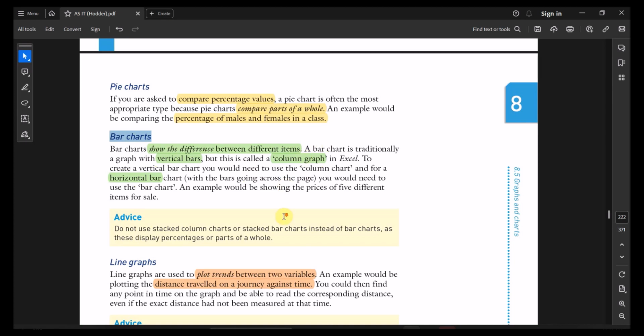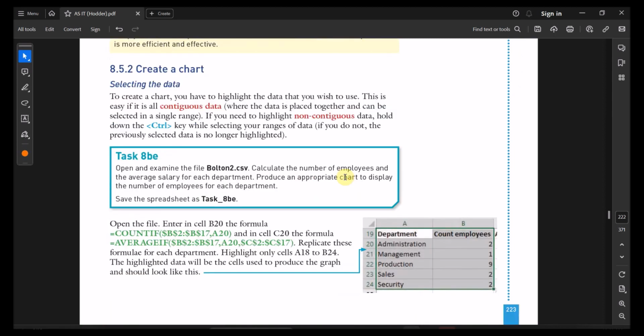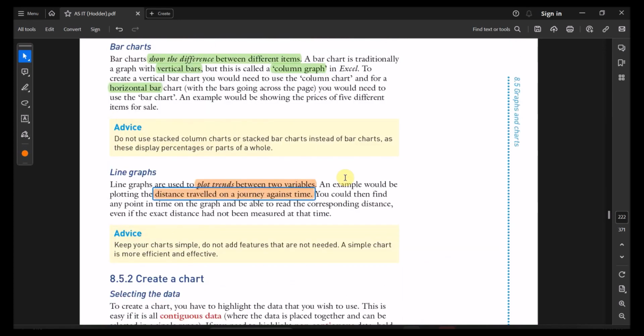For the line graph, it's also good for the comparison between two variables. If you have two variables, for example, distance traveled on a journey against the time, so how far a car has been traveling according to the time. So the question is saying here,